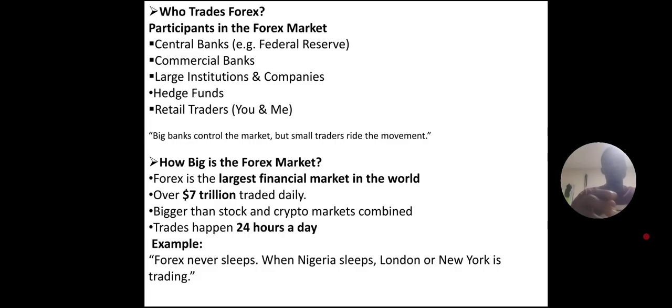Then we have large institutions and companies. Big companies, they trade also. For instance, Dangote refinery can decide to say he wants to be trading the financial market. So you can get some top traders into his company, and they'll be trading for the company. Then we have hedge funds. Hedge funds are a situation whereby top billionaires in the world can just come around and gather elite traders, give them funds, and tell them to just trade for them and make money from the market. So that's what hedge funds are.